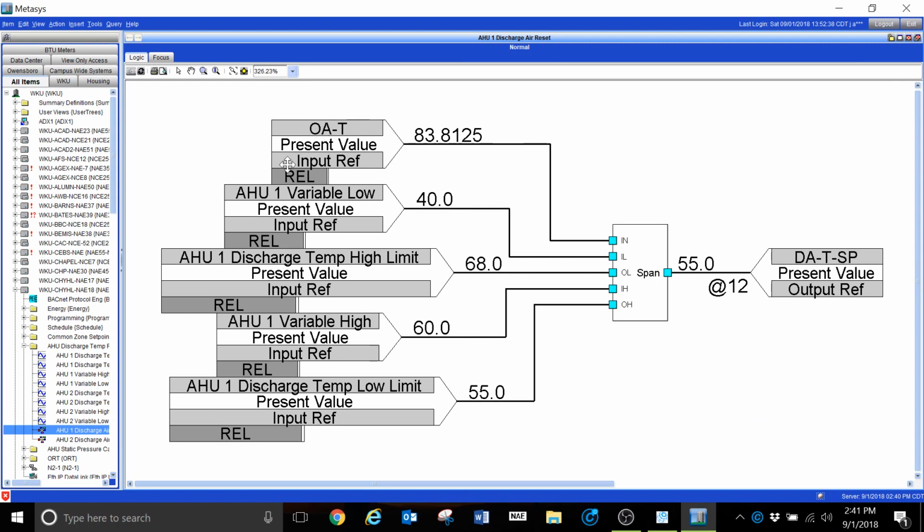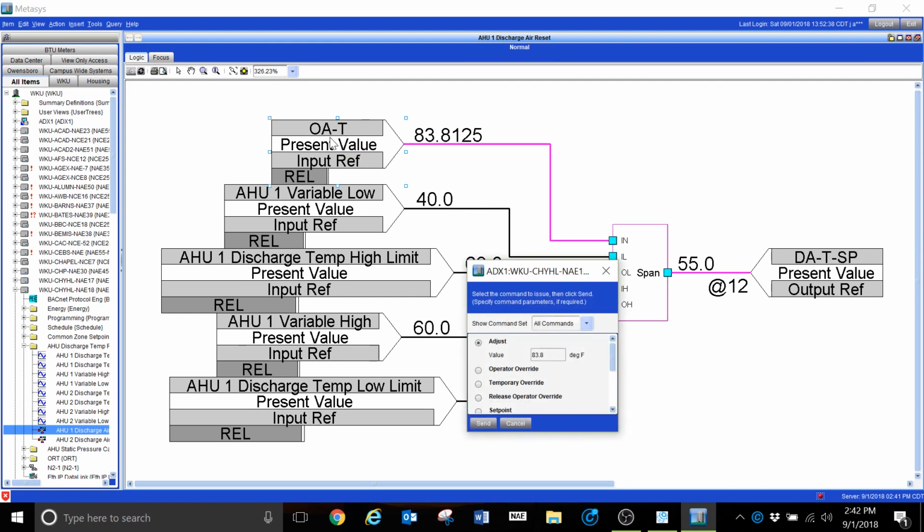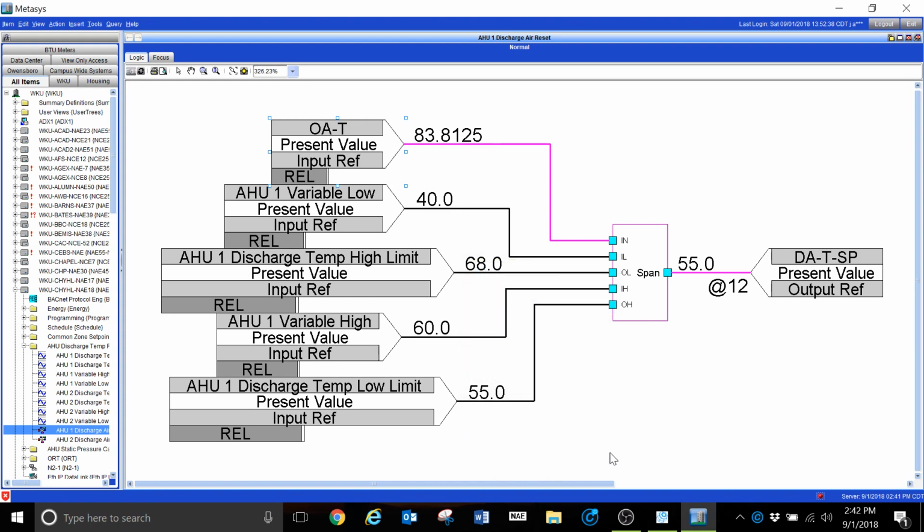And you can see our outside air temperature currently. You can see our variable low. You can see our output, of course, being 55 degrees, which is the minimum here. Now, just as an example, I'm going to take this outside air temperature out of service just for a split second, and I'm going to drive it down to 50 degrees. And I want you to notice how this will calculate. Since I drive that to 50 degrees, it's still above our variable low, but it is below our variable high,